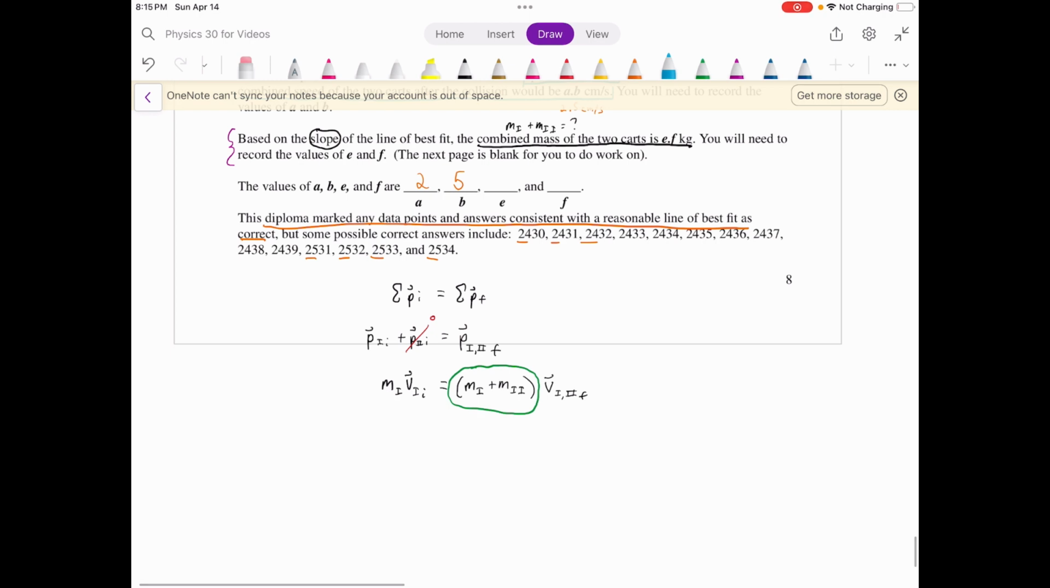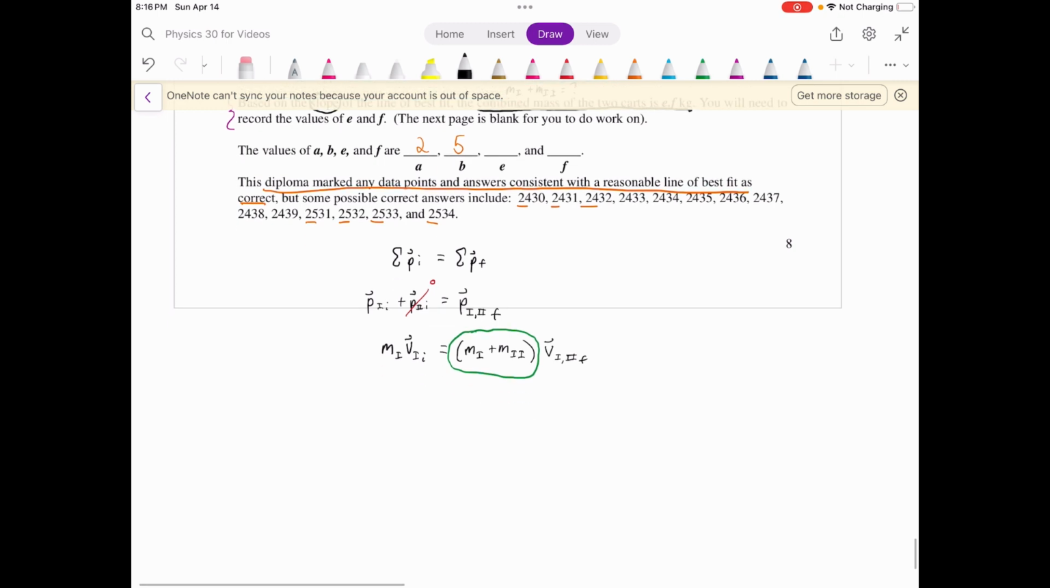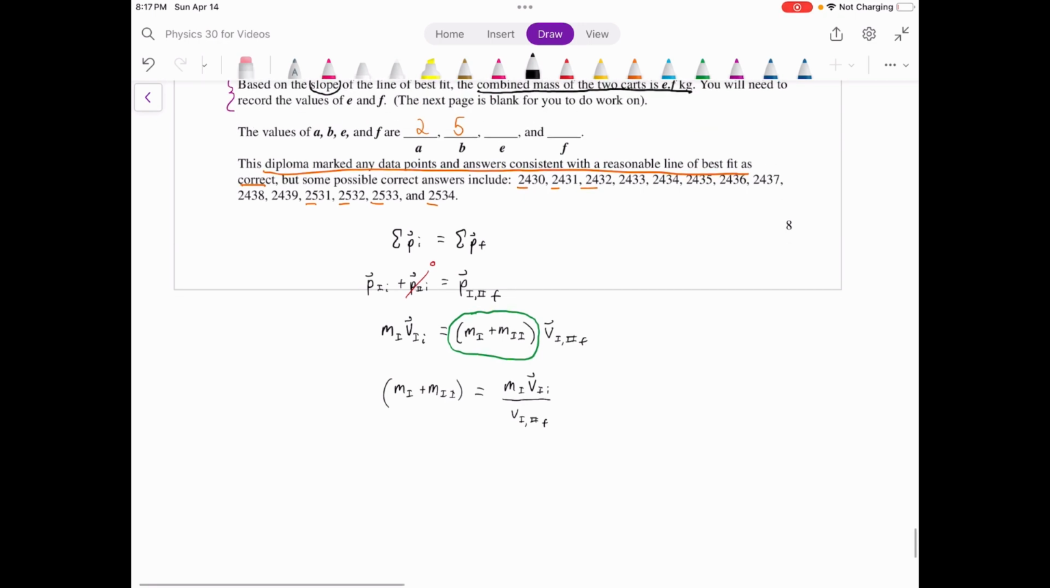Well, look, those have both showed up in our equation. There's our x-axis variable. Here is our y-axis variable. So this is looking good. This is looking like we can rearrange this to figure out what we need to do with the slope to actually calculate that mass 1 plus mass 2 that we're looking for. So I'm just going to isolate it. I'm going to divide both sides by v1,2 final. And now that we've isolated for what we want, same as always, look at the equation. What is it telling us to do with the